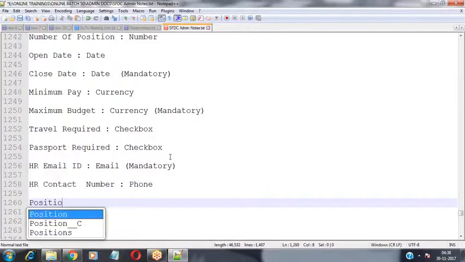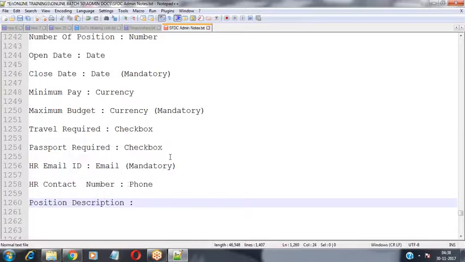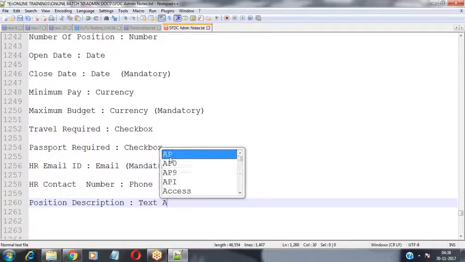And the position description. I would like to create a field with the name position description where I need to describe the position. So what are the various details about this position? Like I need 4+ years of experience on so and so technology, and the person should have team handling skills and experience on agile methodology, everything in the position description. I'm giving this information over here. For that I'm using text area long.